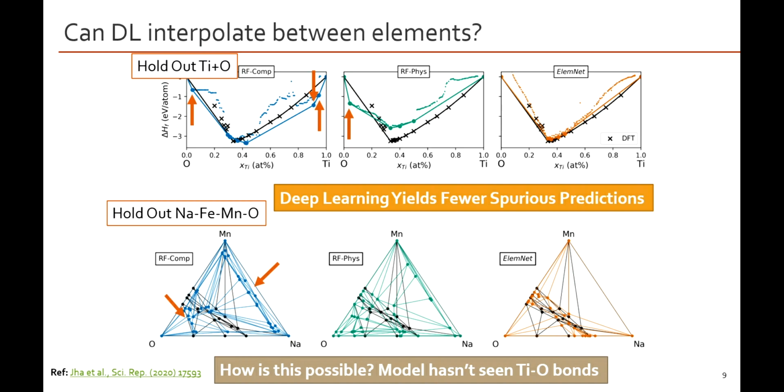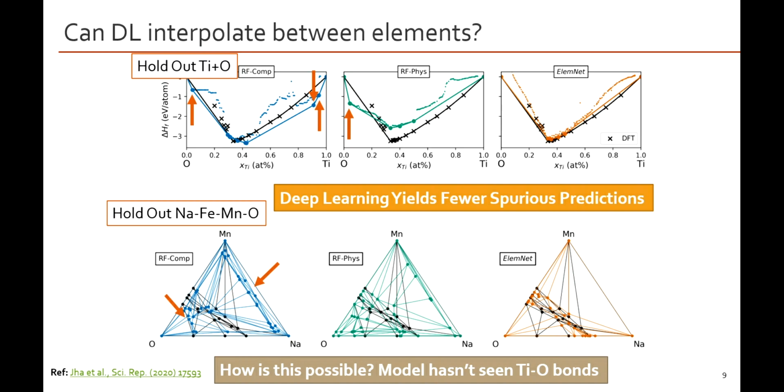Rather, my deep learning model gets the energies much more accurately and avoids this problem of predicting spurious compounds. And indeed, when I try another problem, this time excluding an entire quaternary system, my deep learning model does